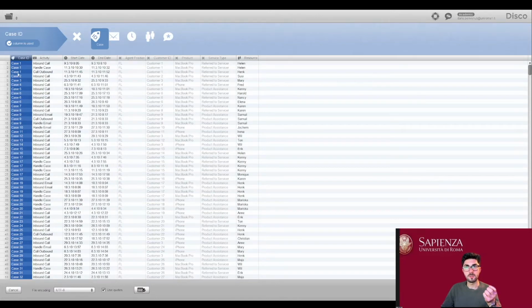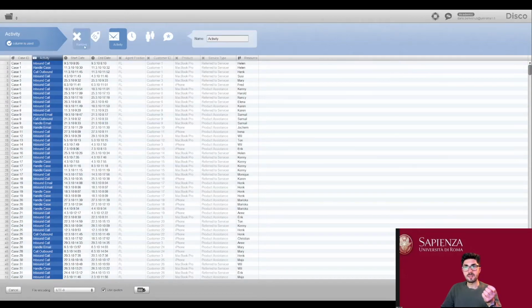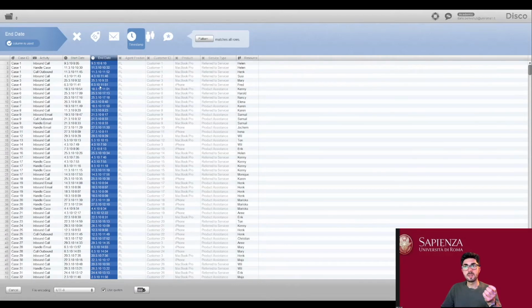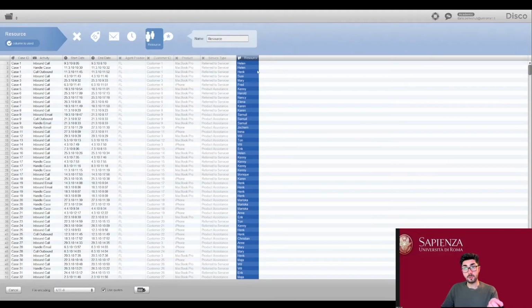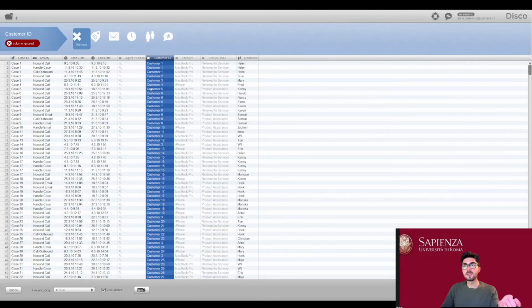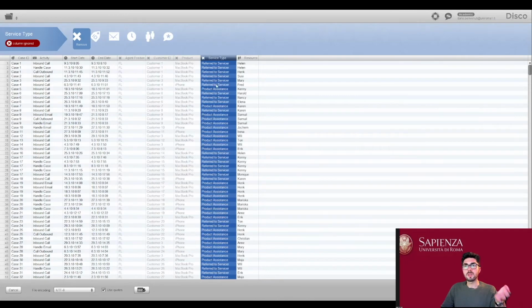So here the first column is paired to the case, the second one is the activity name, the third and fourth columns are the timestamp, and all the other ones, except for the last one, which represents the resource that performed the activity. So these 4 columns here are just extra information that could be used but are not mandatory for the process